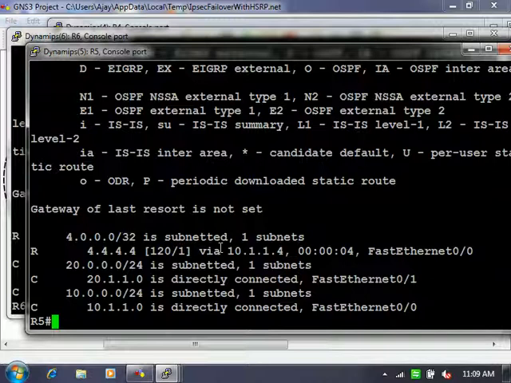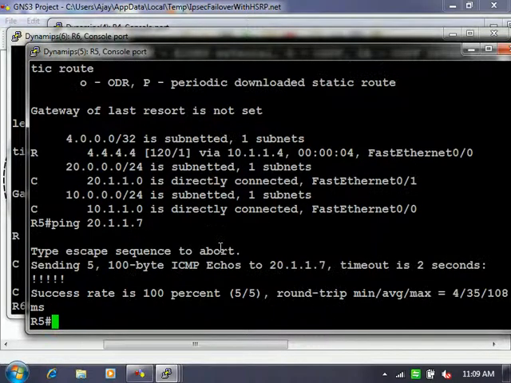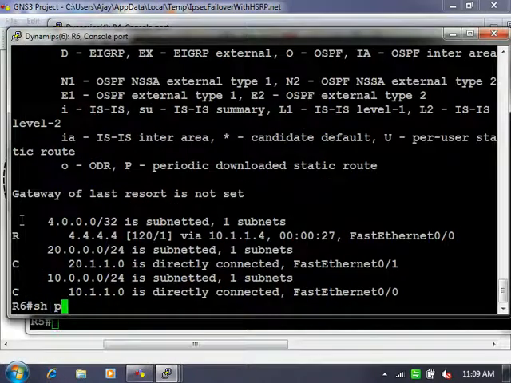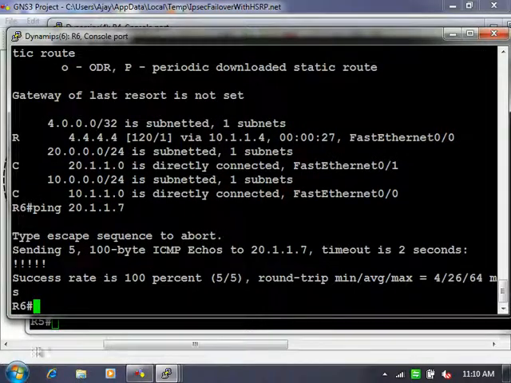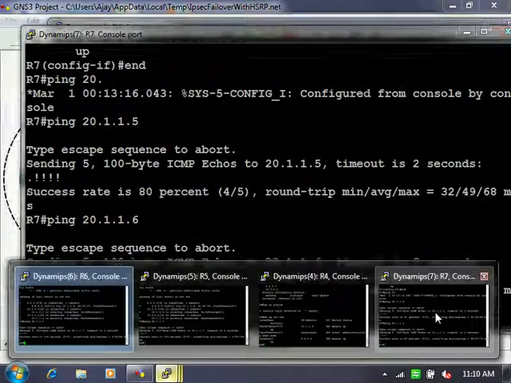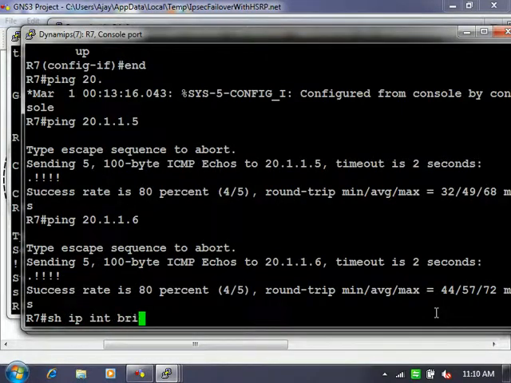Now from both routers, let's check the reachability to your outside network. Ping 20.1.1.7. R7 is the router residing on the other side, side 2. Getting the reply from the other router as well. Now go to R7 and check how many private networks you have.